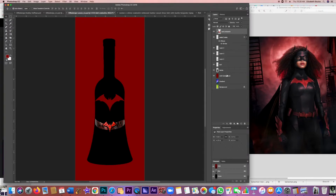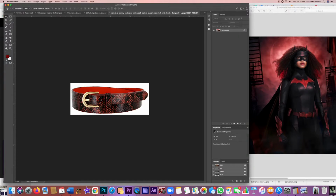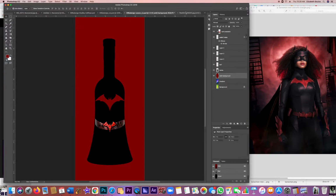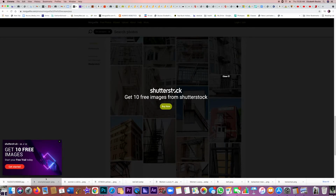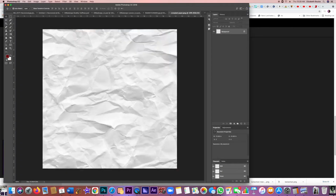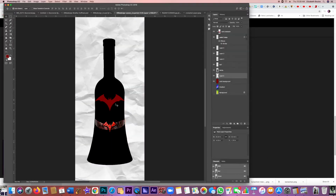I'm going to go back to this background layer, which is just the solid red. And I have found a fire escape. And I have also found here crumpled paper. So I'm going to start with the crumpled paper. I'm just going to drag it in to this document. I'm going to put it under the red,